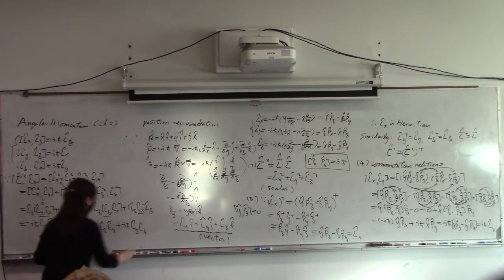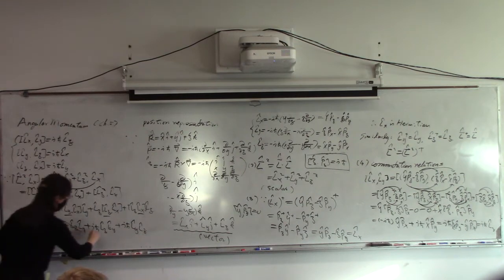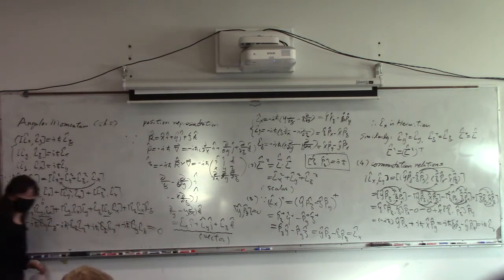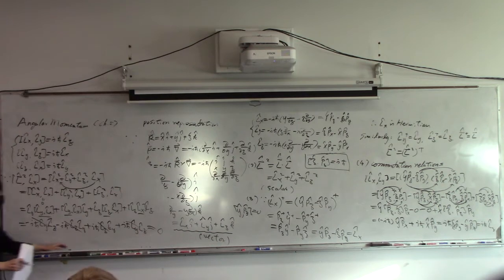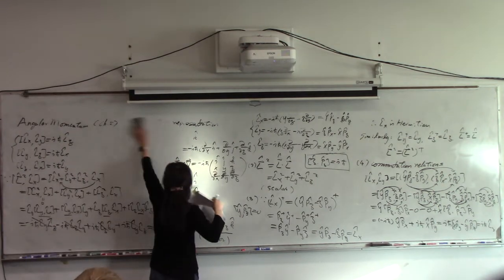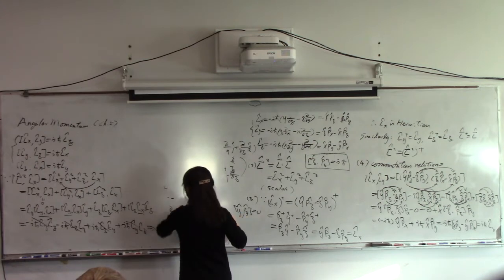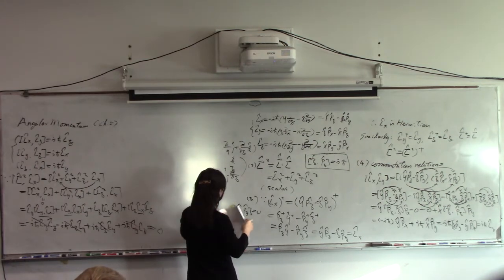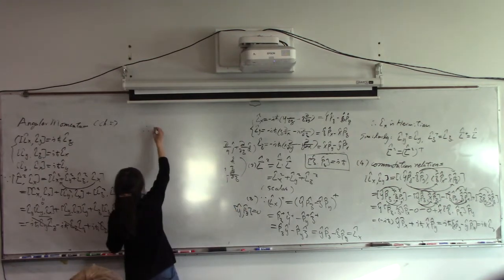And Lz. Then you can see they cancel each other, right? Zero. So this means the square commutes with any component of L. So we have L square